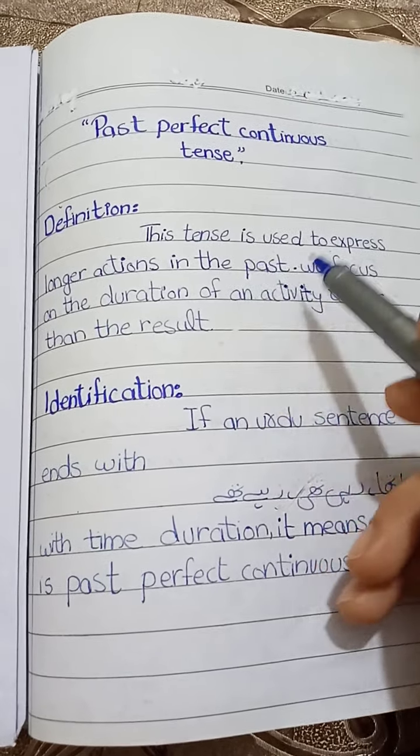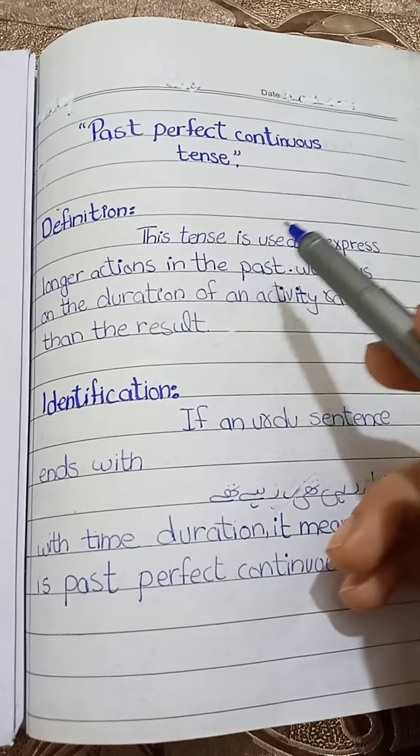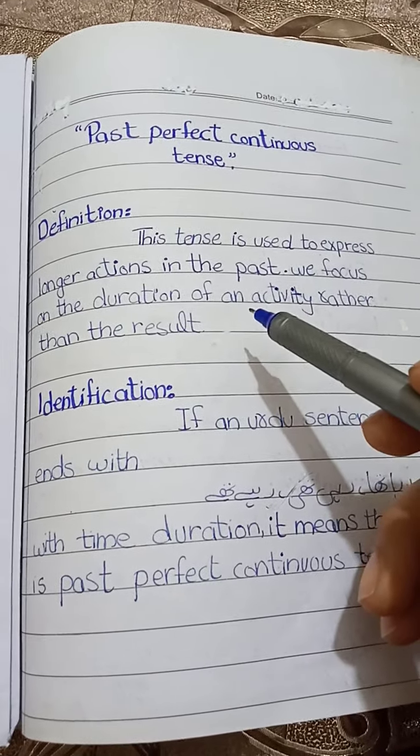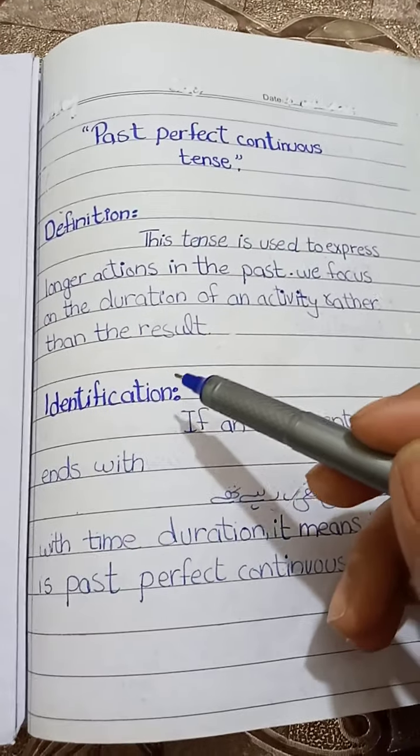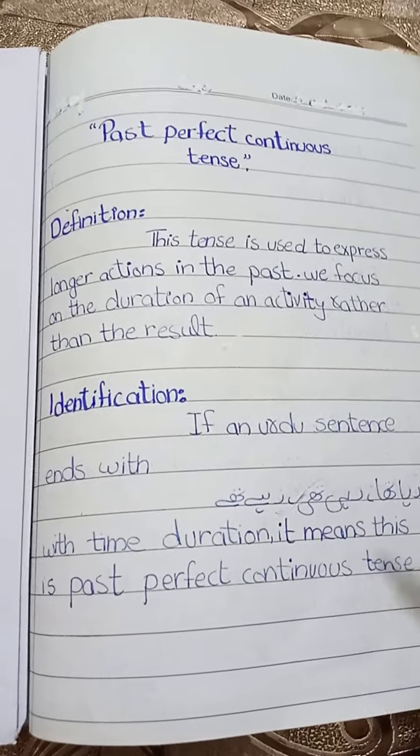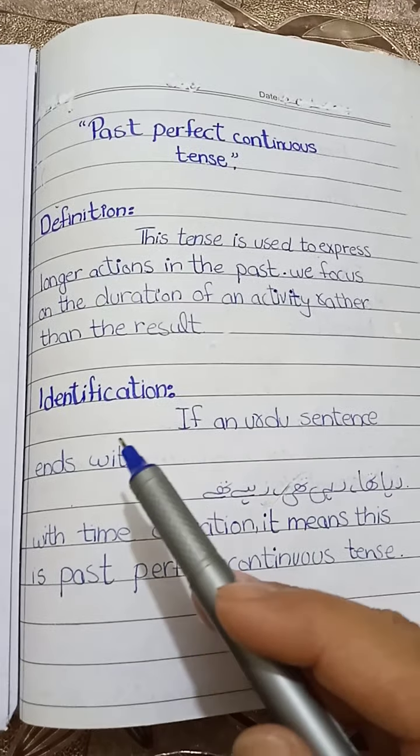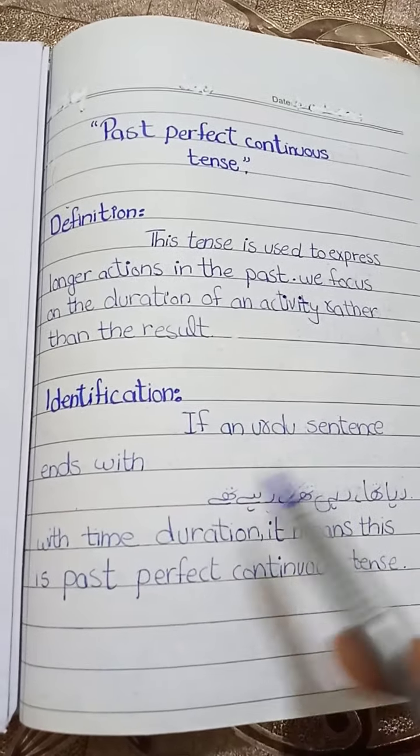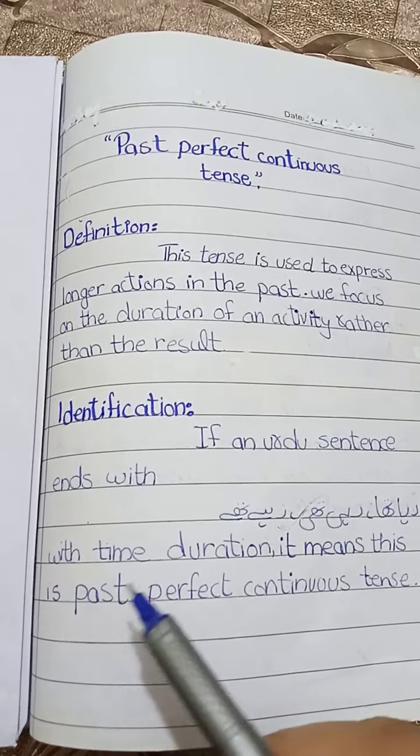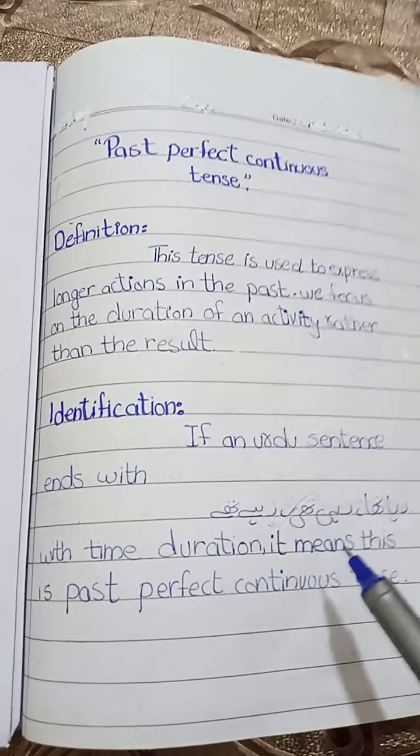So, you can come to know that in past perfect continuous tense, time duration is given to you. So, we can easily identify the past perfect continuous sentences in Urdu. I will let you know the identification first. If an Urdu sentence ends with raha tha, rahi thi, rahe the, with the time duration, it means this is